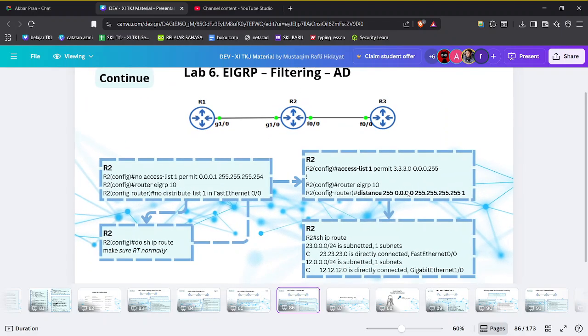What is the meaning of access list number? You can see access list 1. This is the group of this access list, and this is the value you are going to change. This is why we put 0.0.0.0, because we want to change all of the IPs, right?